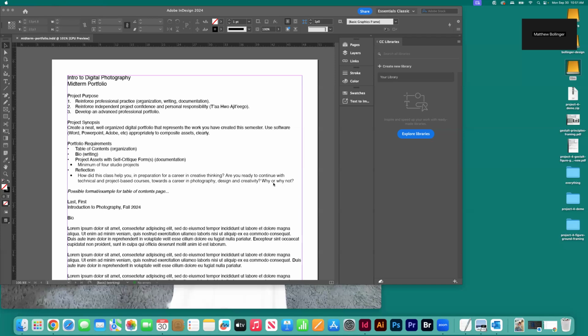So that being said, it's always a good idea to reflect a little bit, both midway through a semester and at the end of a semester, so that you can look at all of the work that you've been doing collectively. Okay. And so these opportunities to compile all of your work together is really valuable. The other thing that this does is that it really trains you to have the ability to put together a portfolio. So, for example, if you're seeking work in the graphic design field, or even if you're putting together a portfolio of paintings or drawings for a gallery, you're going to be having to communicate or deliver these things digitally